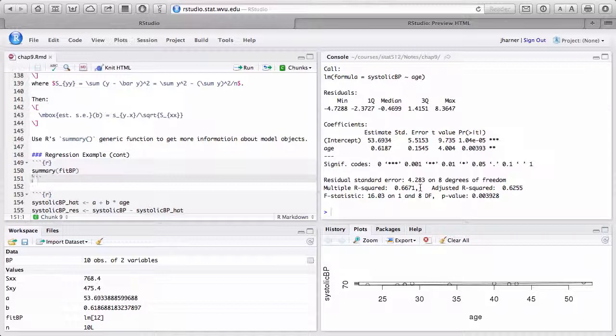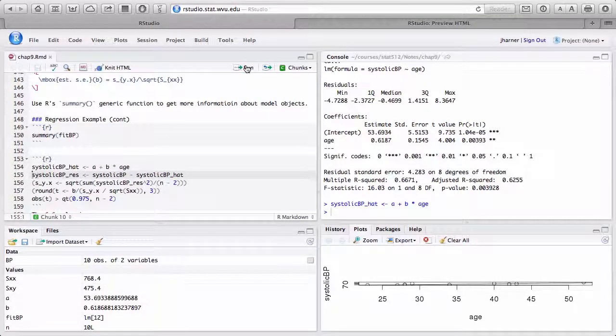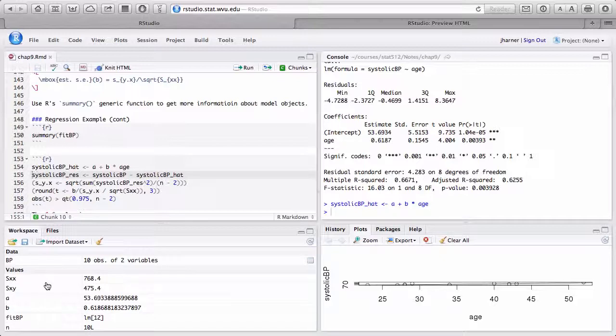The residual standard error. Well, let me compute a few more things here. So I can compute, well, you tell me, what did that compute? Systolic BP underscore hat. I just named it that. And I said it's A plus BX, B times age in this case. So we now know A and B, and we have a vector age someplace. Well, it's actually evaluated in the next environment. And so we get the y hats